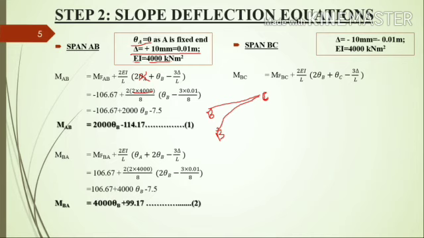If the left hand side support is below the right hand side support, the value of delta is taken as negative. That is, here the value of delta is minus 10 mm. That is the sign convention. If the left hand side support is below the right hand side support, delta is taken as negative. Here B is the left hand side support and C is the right hand side support. So here B is 10 mm below the C. So the value of delta is minus 10 mm. Minus 10 mm converted into meter, that is minus 0.01 meter.